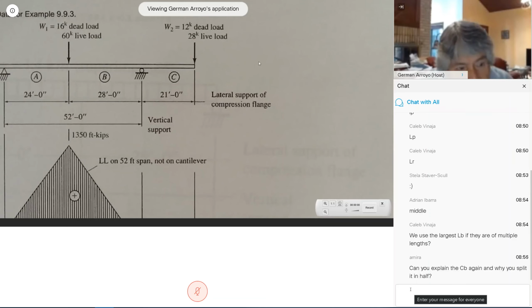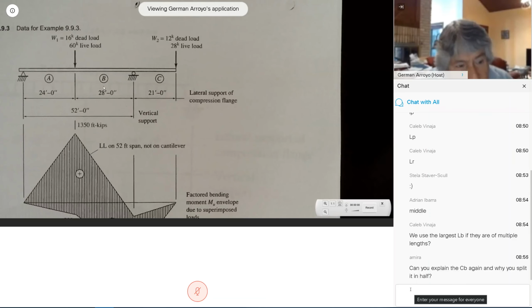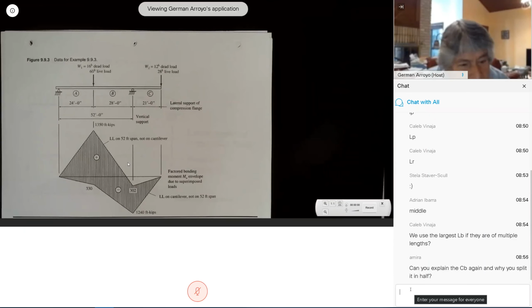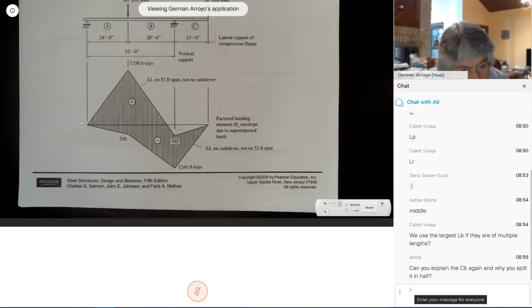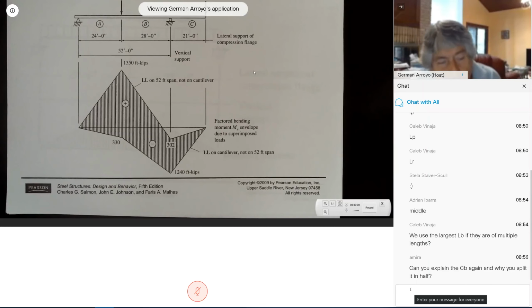Whenever we have a situation like this, there's going to be something that we call the maximum positive between this support and that support, maximum positive. There's going to be something called maximum negative at this support. So this moment diagram in here is the one that produces the maximum positive. Because look, this is the negative moment, 4 times the distance. This is the positive. So to produce the maximum positive,